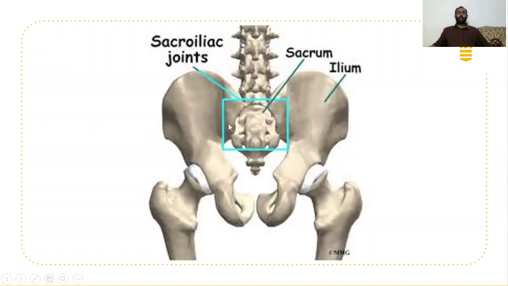Coming to the sacroiliac joint, which is connecting the sacrum and the ilium. This sacroiliac joint transmits the weight of the body coming through the vertebra towards both lower limbs. So the sacroiliac joint is also very important regarding the understanding of spinal disorders. Sacroiliitis is a more common entity, which is common in females after normal delivery.